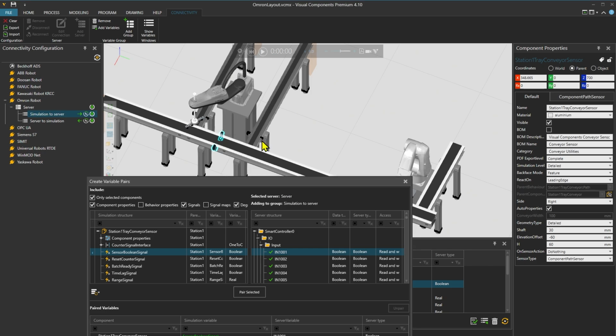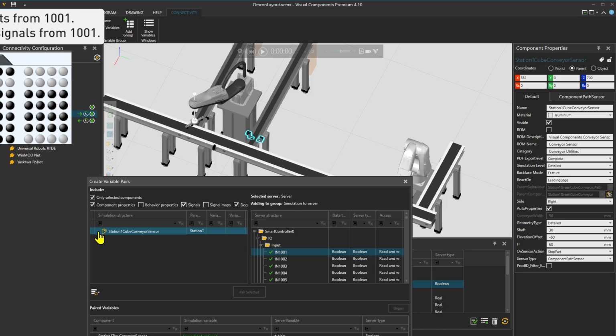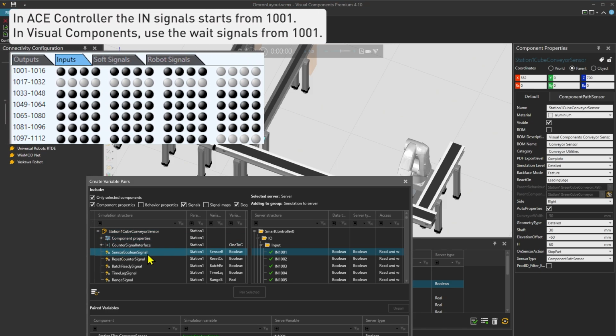Let's then select the Station 1 cube conveyor sensor, and expanding it, select the sensor Boolean signal and map it to input 1002 and click Pair Selected.